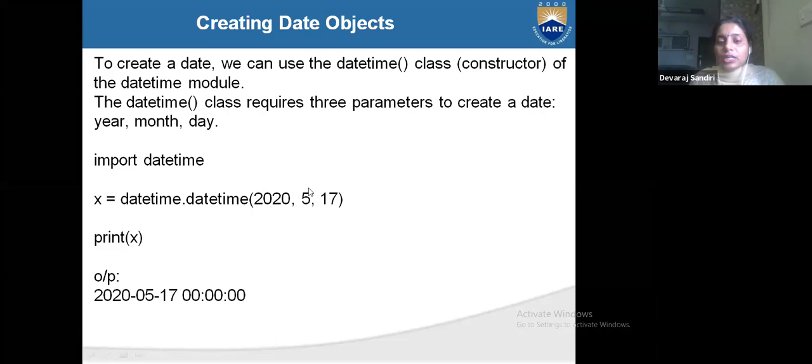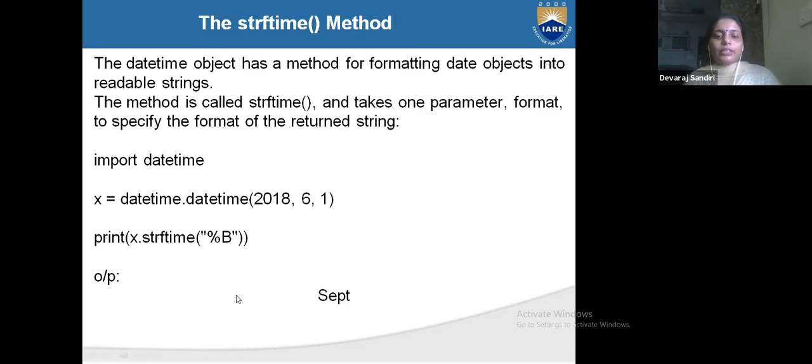So this is the syntax: first you write 2020, which is your year, then your month number and your day. X is equal to datetime dot datetime of year, month and day. Now you print x and you will get your date and time.